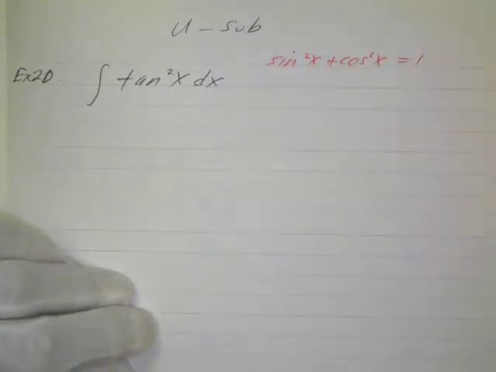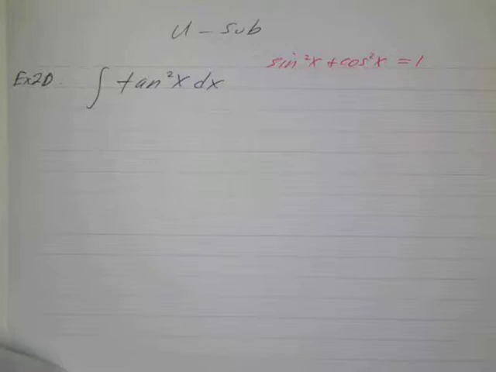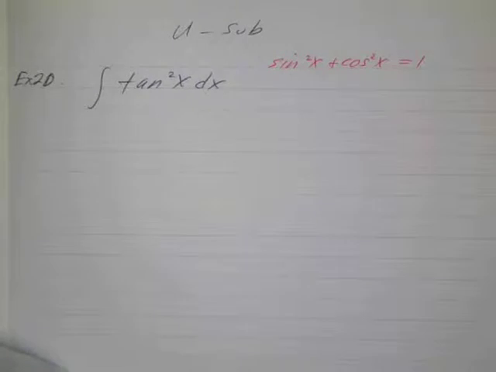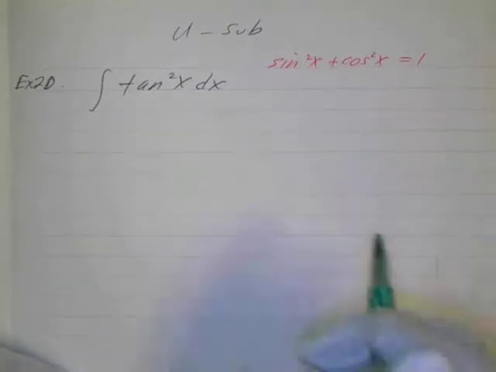We all remember that, I hope. That's our major Pythagorean identity there. Like a squared plus b squared equals c squared. Now, if I want to involve the tangent squared, I divide by the cosine squared of x,